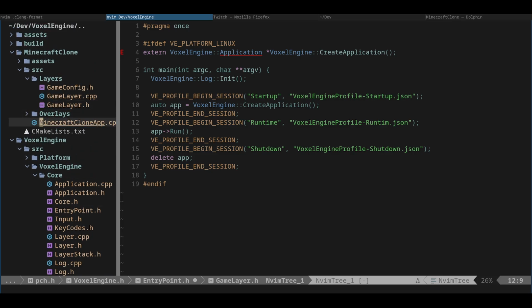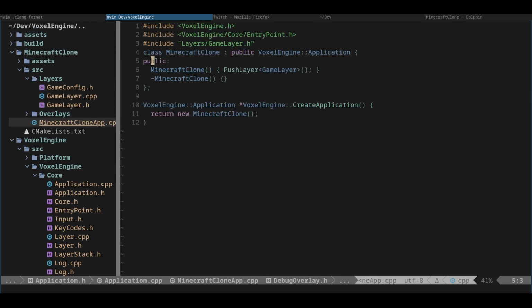When you create an application that uses the voxel engine, you just have to create a class that inherits the voxel engine application class, and inside it, here I just push one layer that is the game layer, but you can have many other layers, and this layer system is really helpful. I didn't have it before. With a layer system, you can have a layer for the menu and a layer for the game. So when the player moves from the menu to the game, it's an easy switch between the two. In my previous Minecraft clones, it was a complete mess, and the switch between the two was